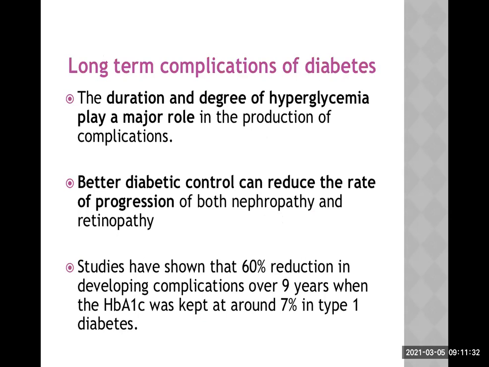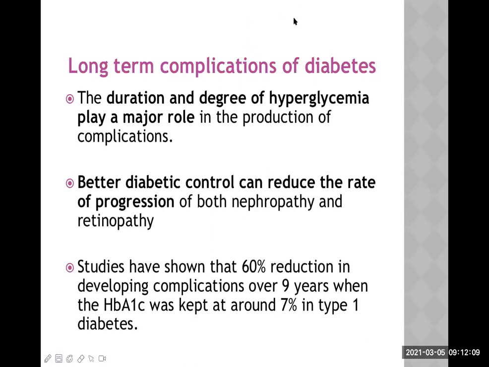Now, the second part of the lecture. What are the long-term complications of diabetes? I already elaborated this in the beginning of the lecture. There are two types of long-term complication. One is called macrovascular complication, another is microvascular complication. Macrovascular complication is all about atherosclerosis in different parts of the body, in different blood vessels, so different types of clinical features will be there. We'll talk shortly about that. And the other are microvascular complications like retinopathy, neuropathy, and nephropathy.